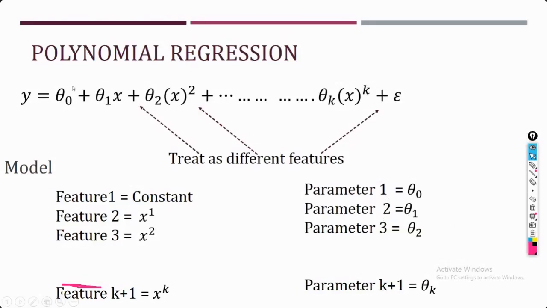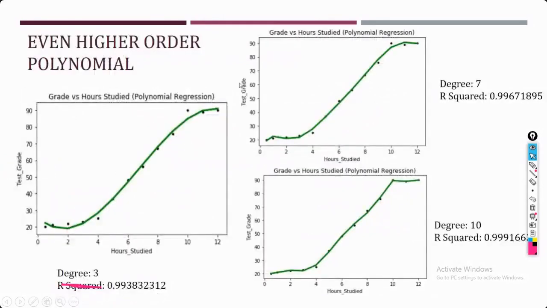Now here in this case, although we are not having anything at this point, for convenience we will use x here also, but the value of that x is always going to be 1. Multiply any number with 1 and you get the same value. So just for the sake of completeness, symmetry, we are going to use x here also, but x is going to be 1, so it's not going to affect your calculation. So this is the form of your polynomial regression.